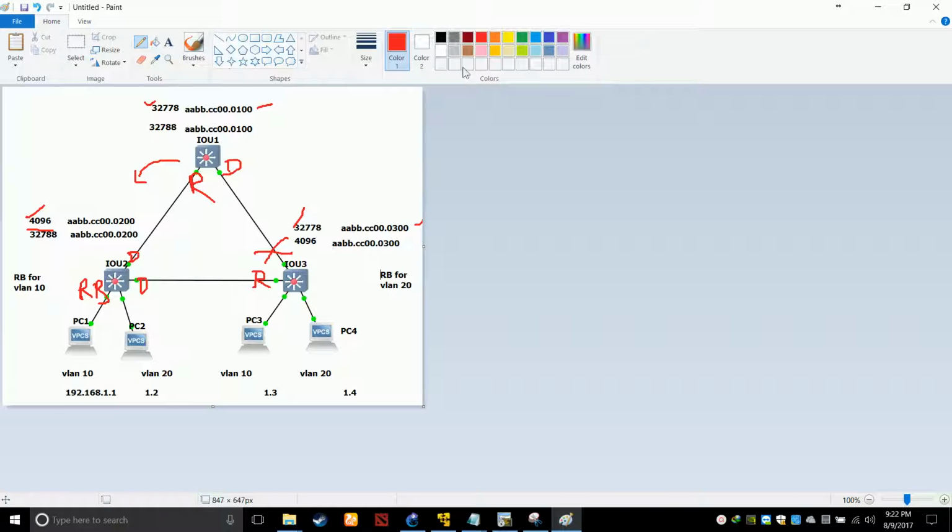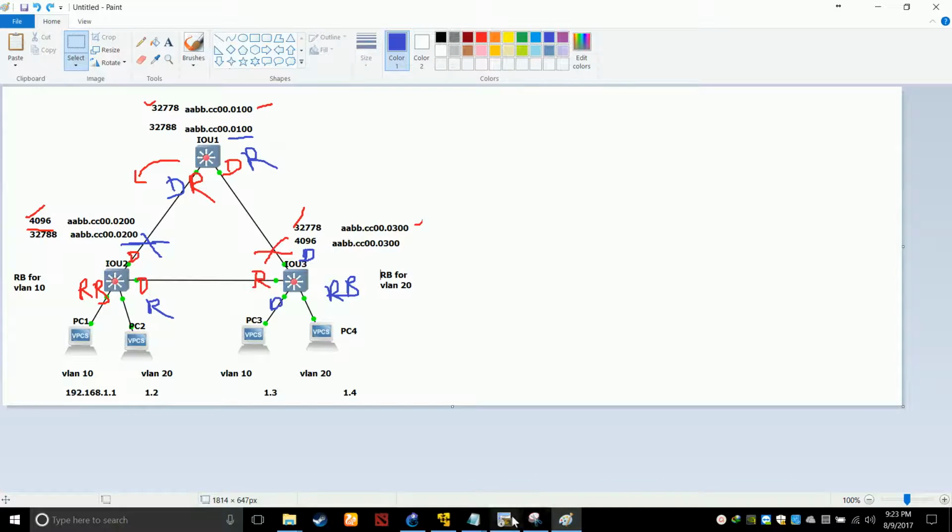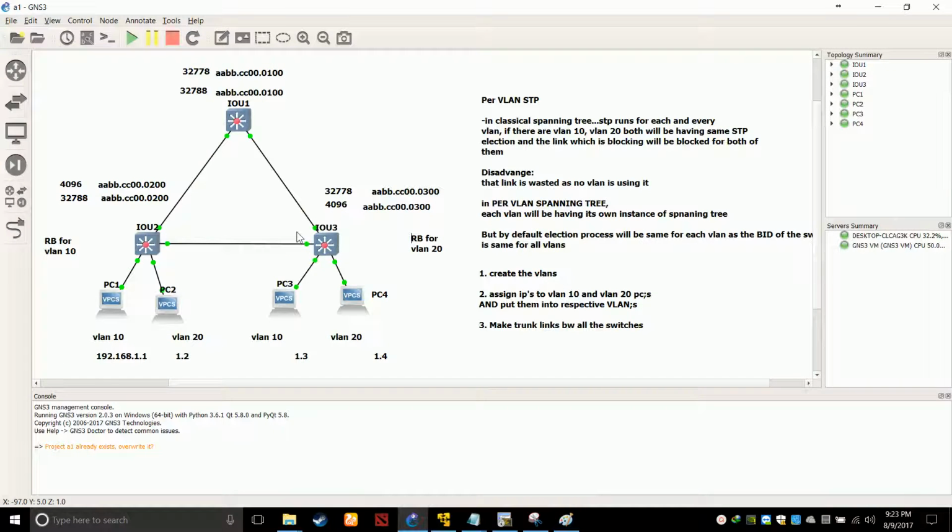And now we will do it for VLAN 20. This is the root bridge for VLAN 20. So this port will be DP and this port will be DP for VLAN 20. This port will become the root port for VLAN 20, and this port will become the root port for VLAN 20. And on this link you can see the election will happen, 100 and 200. This is DP and this port is blocked. So now a very amazing thing is happening right here. See, this is the logical diagram. I'll do one thing: I'll copy it again and I'll show you the packet flow.